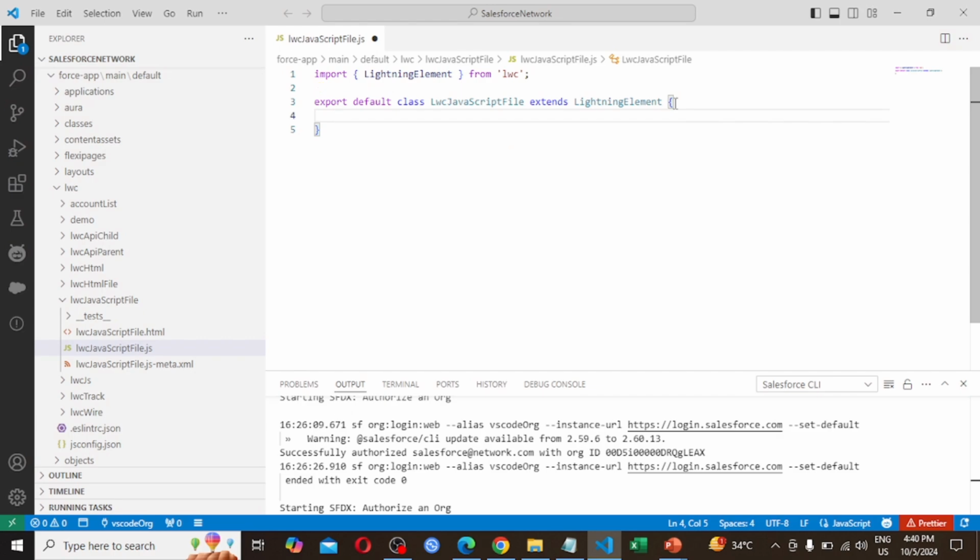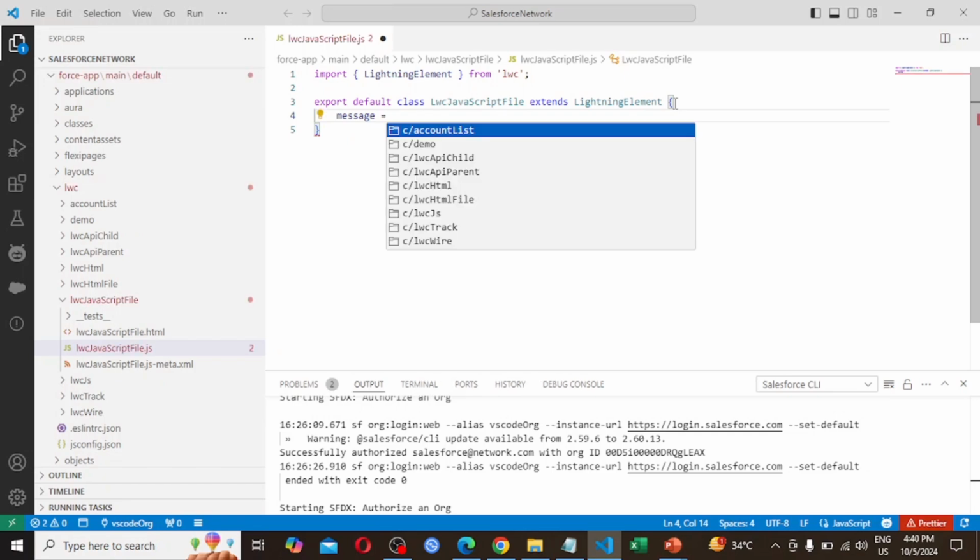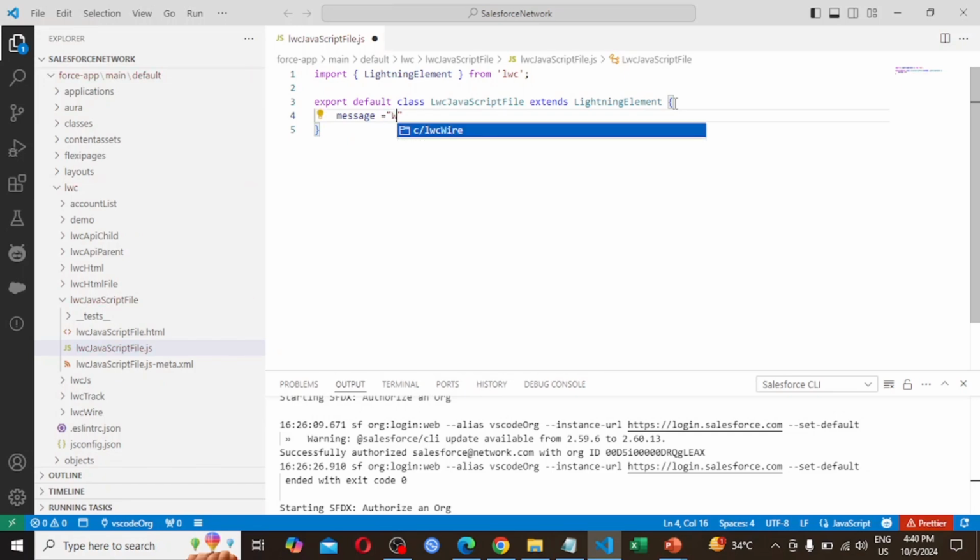So here I am writing message, and in message I am just putting welcome to Salesforce network, semicolon. Saving this file. Just this message I want to display on the lightning app page.